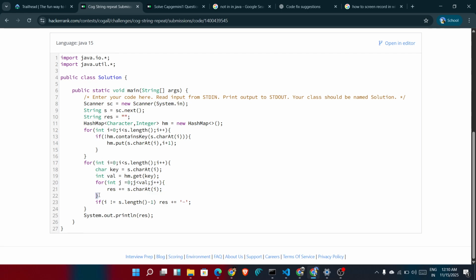So I need to create one more block, that's 0 to val. Val is the first occurrence. That many times I need to repeat it, that means I need to add that particular string to this resultant. So I add val times. That means value times, which I got from the hash map that I already stored using the earlier block, that is the first occurrence. So I simply store it in the resultant and I add a hyphen symbol after completing